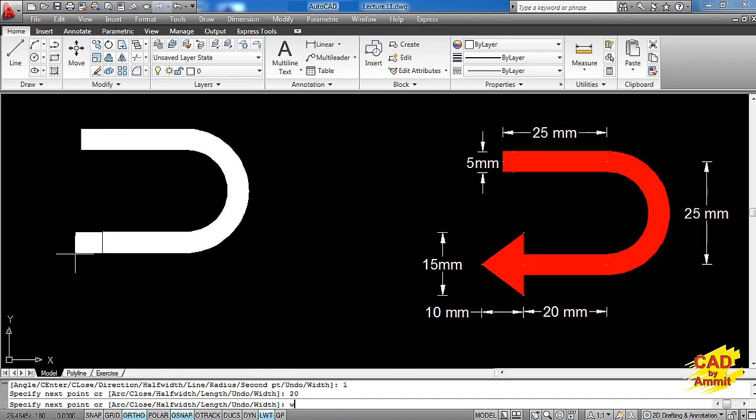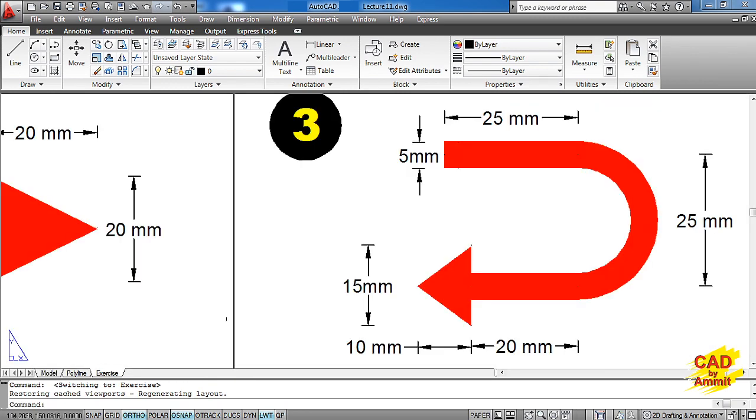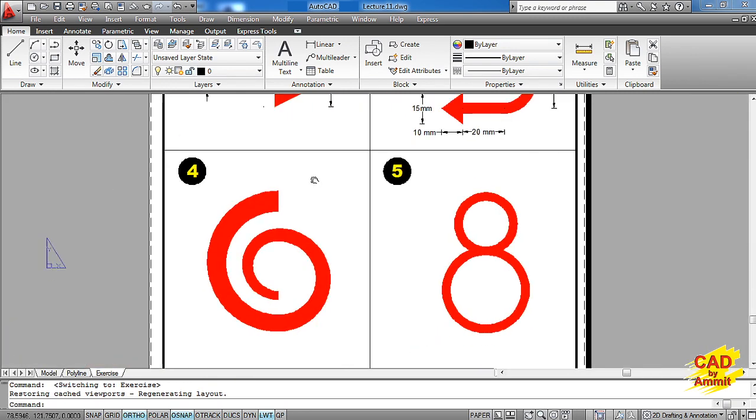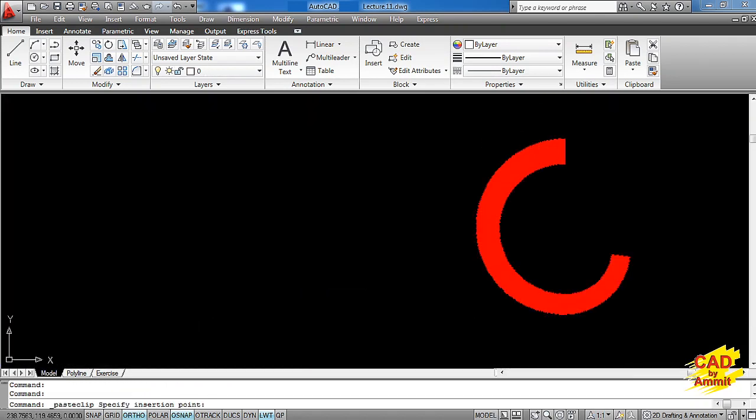Now here we'll have to change the width again. And the starting point width is 15 millimeters, end point width is 0 millimeters, and the length of this segment is 10 millimeters. And here we are. This geometry is also complete. I'll select it and delete it. Now go to the exercises again. The fourth exercise is making this spiral. So I'll say Ctrl C, select it, enter, go to the model space, Ctrl V, and we get the spiral